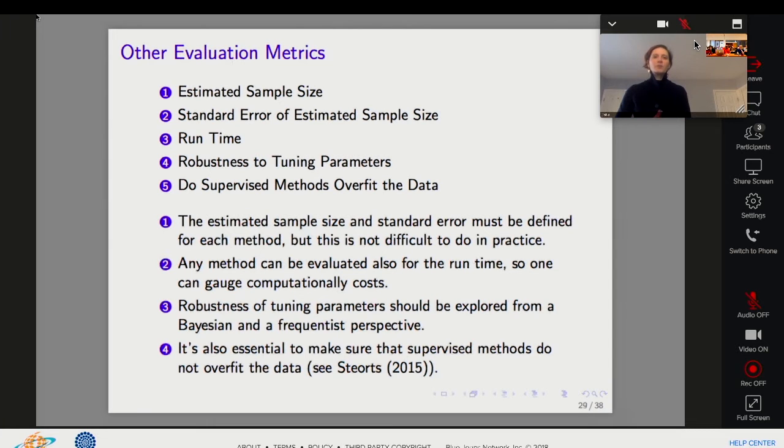The other evaluation metrics that I talked about were the estimated sample size, the standard error of the estimated sample size, the runtime, the robustness to the tuning parameters, and whether supervised methods overfit the data. Of course, the estimated sample size and the standard error must be defined for each method, but as we'll see, this is not difficult to do in practice. Any method can also be evaluated for the runtime, so you can gauge your computational costs